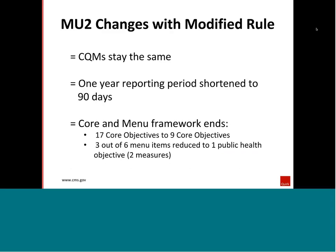Some of the top line changes with meaningful use for this modified rule: what didn't change are your clinical quality measures. So you still have to choose 9 clinical quality measures across 3 domains. So the only thing that's really changed are the objectives. So leaving your CQMs aside,